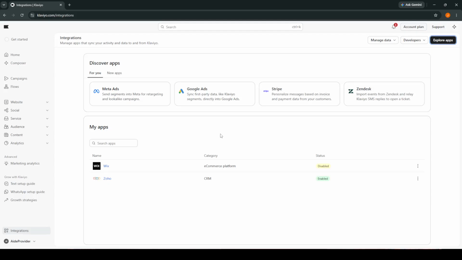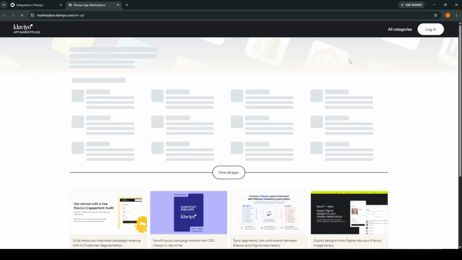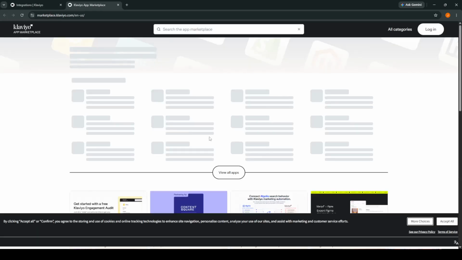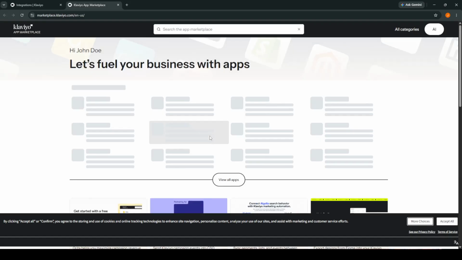First, open Klaviyo. Once you are in your Klaviyo account, look for the main navigation area where you can manage tools and connections. From there, click on Integrations. After you select Integrations, you should see an option to explore new tools or applications. Choose Explore Apps so you can search for the integration you need. This step matters because Klaviyo integrates with many platforms, and the Explore Apps area is where you find the specific